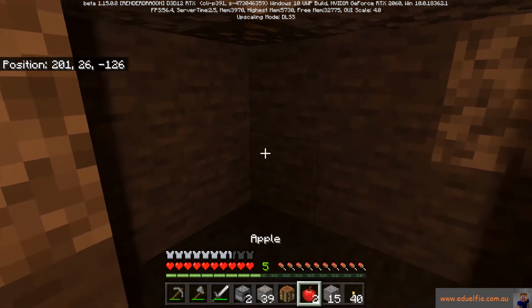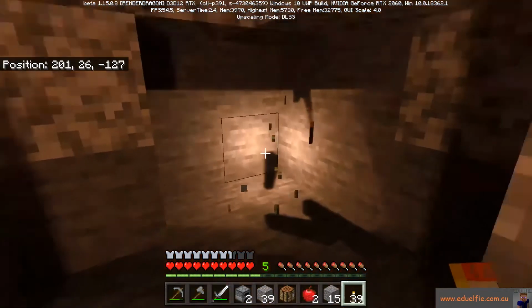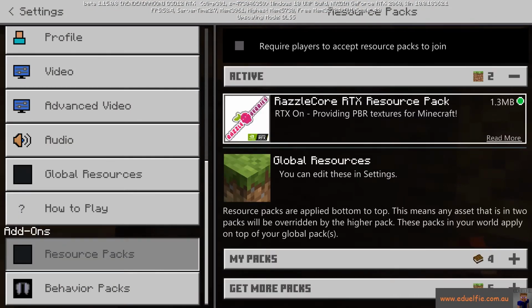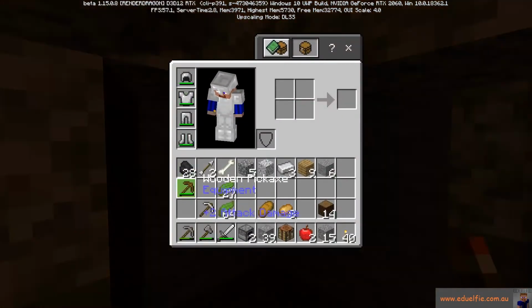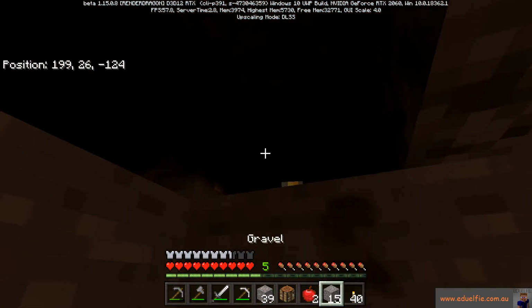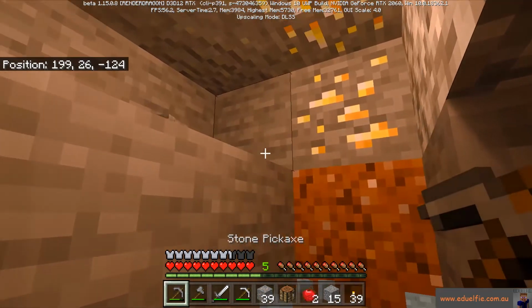I've seen in some resource packs that gold actually emits light. Now I should tell you which resource pack I'm using. I'm using the Razzlecore RTX resource pack because that's the lightest, it's 1.3 meg according to this, but some of the other resource packs you download are over 100 meg, and while that's really cool, and I might have a bit of a play and an explore of them at another time, I didn't feel like that was something I wanted to do